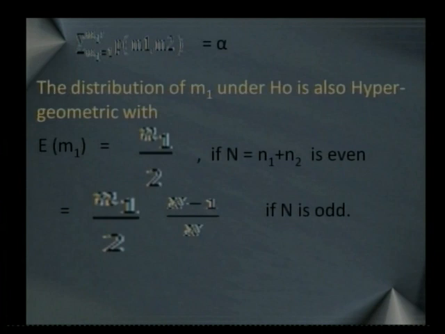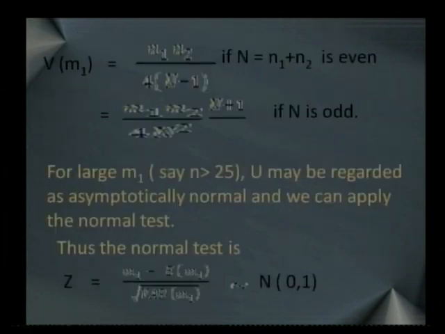Here we are applying the hypergeometric distribution, and the mean of the hypergeometric distribution is n1 by 2 if N is equal to n1 plus n2 and is even, and it is equal to n1 divided by N divided by 2, into (N minus 1) upon N if N is odd. So capital N is nothing but the sum of n